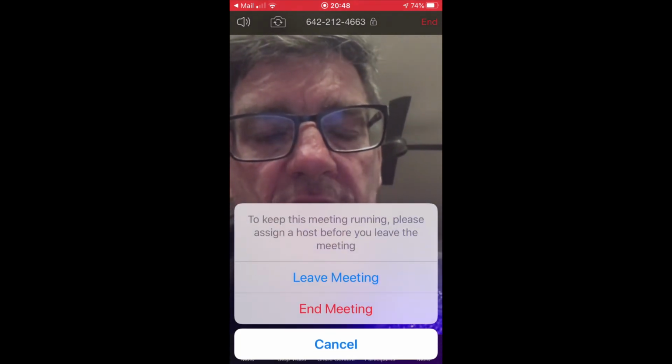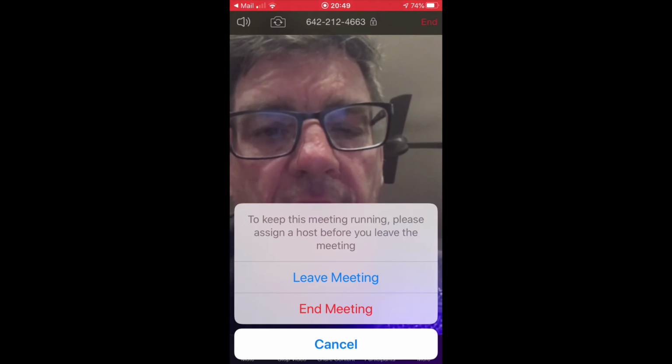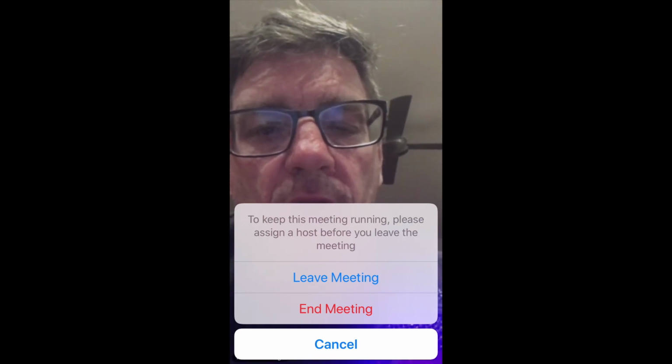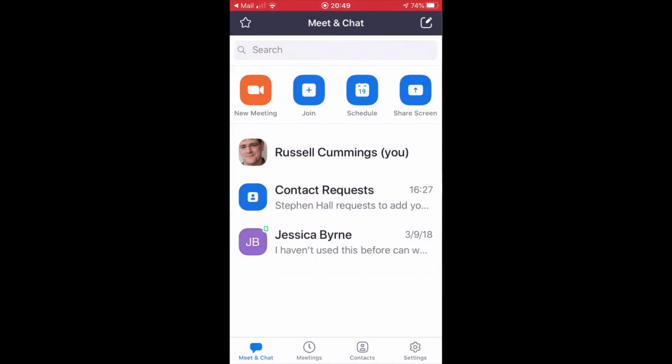It will normally just say, because I've set up this meeting and I'm part of it, it gives me the option to end the meeting or leave the meeting. You will just have a leave the meeting option, so you'll leave it and it will go back to the Zoom screen. Now, another way to join the meeting, if you haven't got the link, is simply to click on join